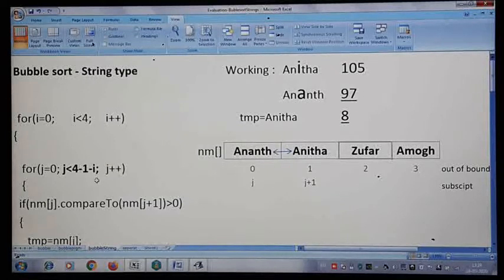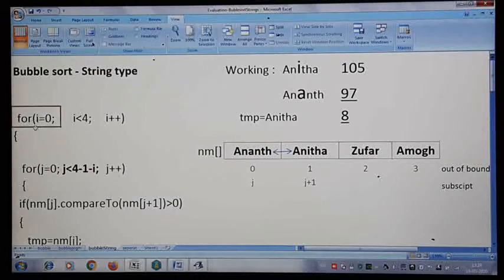By doing that in one pass, from the beginning of the array till the end of the array, once we complete it, the heaviest or the largest element will be moved to the last place, that is in the first pass. That is what we are going to achieve from the inner loop. The same process has to be repeated till we get the entire array sorted. That is why you require one more for loop here. So bubble sort requires a nested loop.